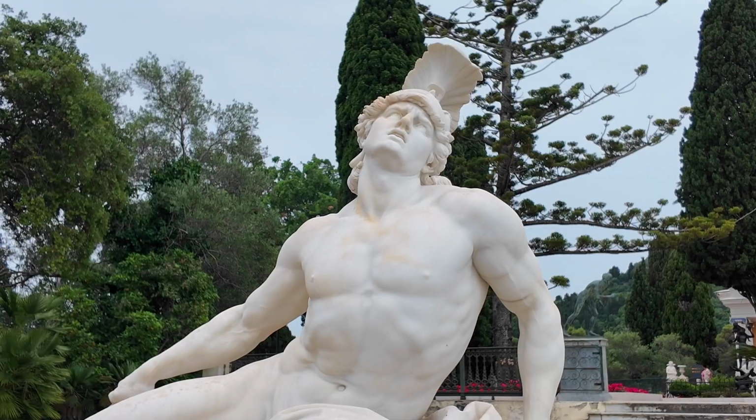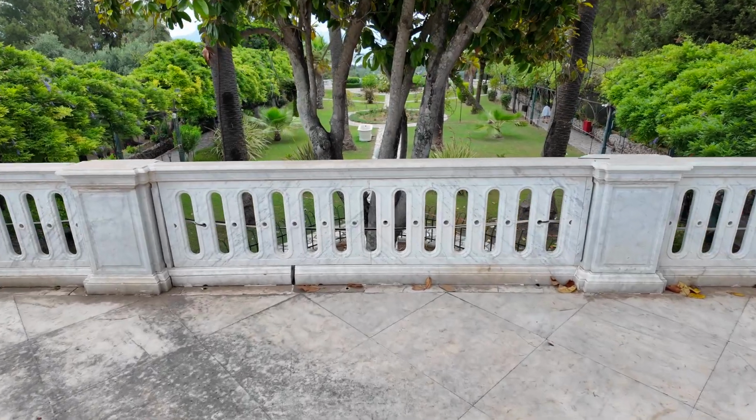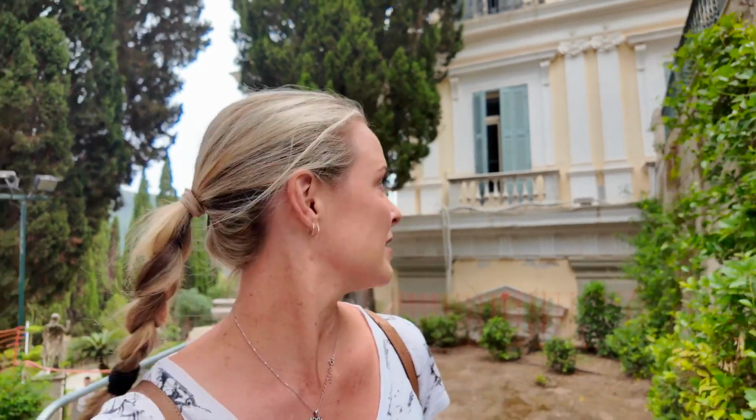To the Grecotel Palace, which was the summer palace of Empress Elizabeth in the 1800s, which you wouldn't believe at the minute because it's raining. This palace has statues of Achilles dotted all around it, hence the name Achilleos, and it was built as a refuge for Empress Elizabeth after her only son, the Crown Prince of Austria, had some kind of murder-suicide pact with his 17-year-old lover. Obviously she was very upset and she was recommended to build this place as a refuge, and